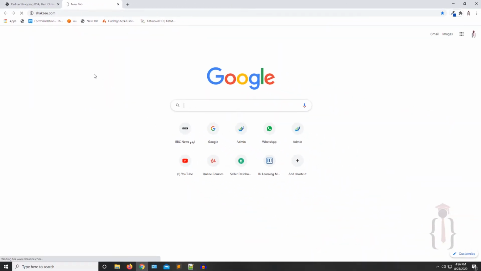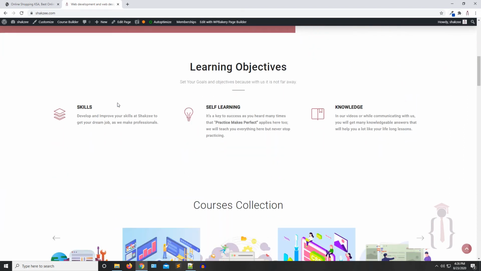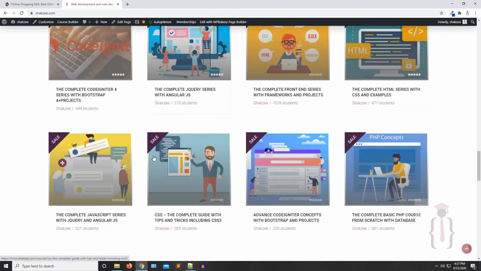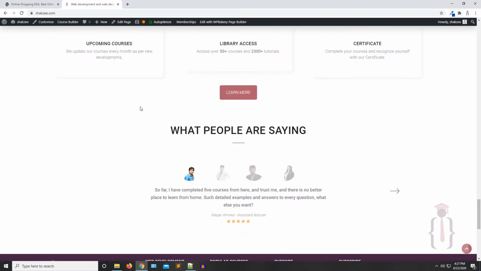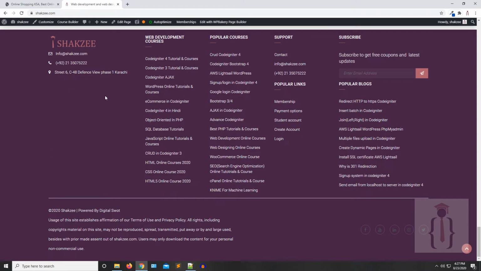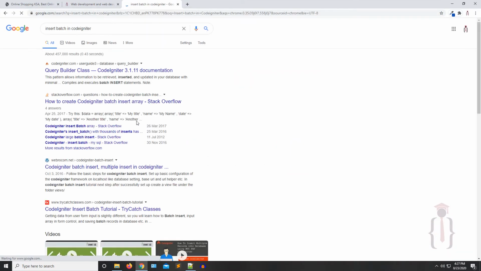Okay, so now let's discuss another website. As you can see, this is shakespeare.com, our official website. I also have a few content items, such as images. Now in the footer section, I am using a lot of content. These are the course names, but these are also the keywords. So I also have these sections. You copy this one and go to Google, paste this one here,